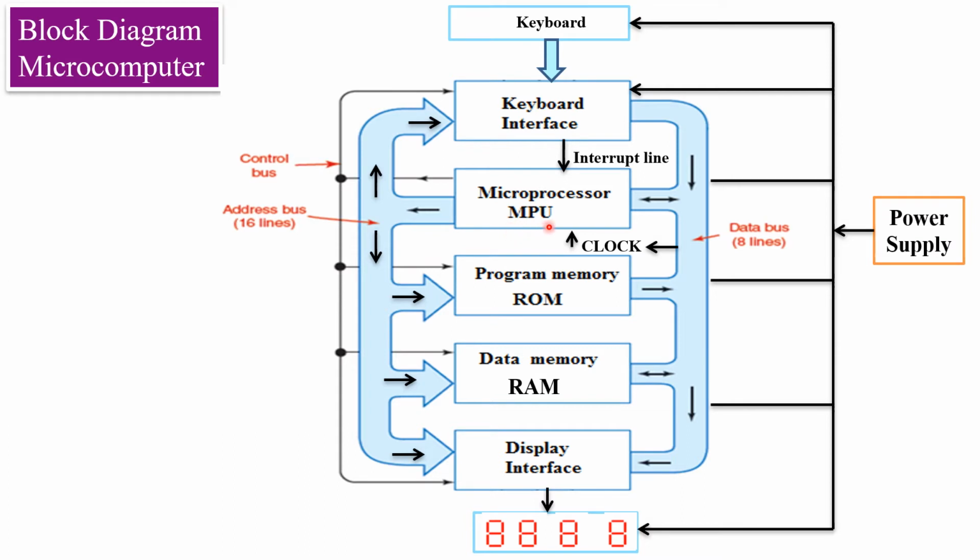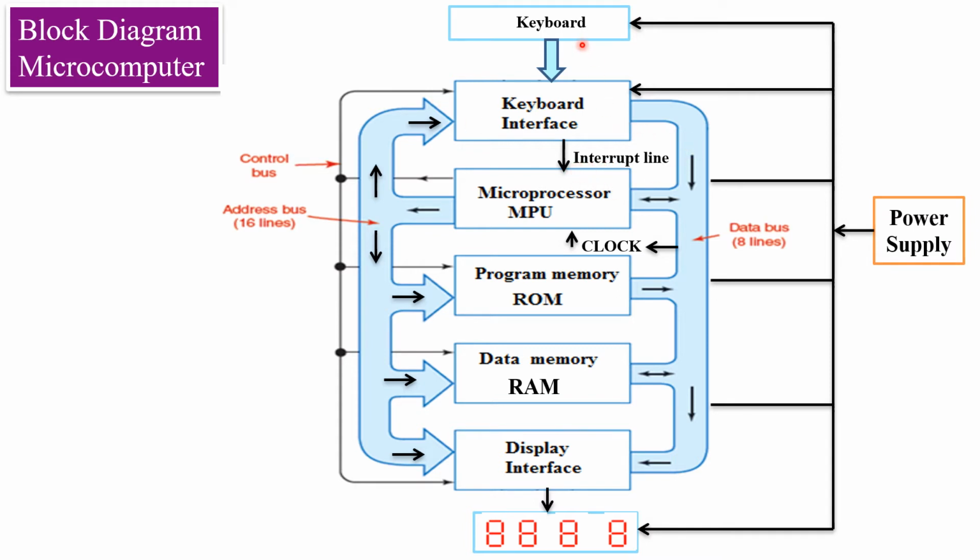They are from the MPU to the peripheral devices. So the MPU sends the address to the peripheral devices, and then over that address the data is sent. And this is the control bus, which controls the timing and signals of the system. Clear? So this is the control bus. And this is the interrupt lines.